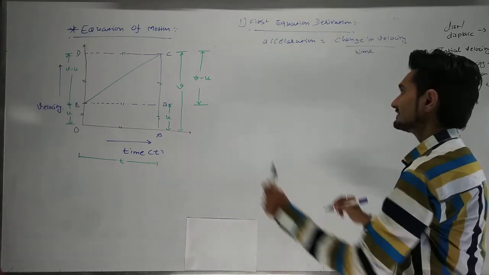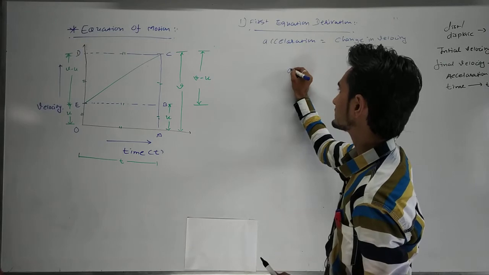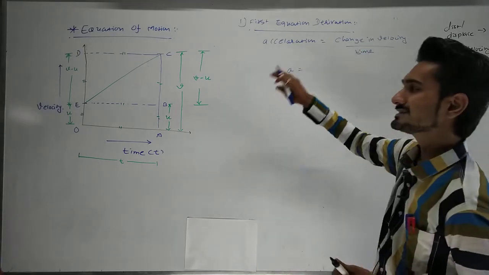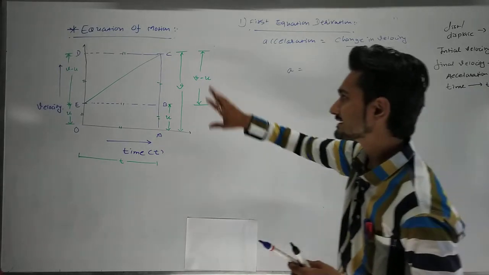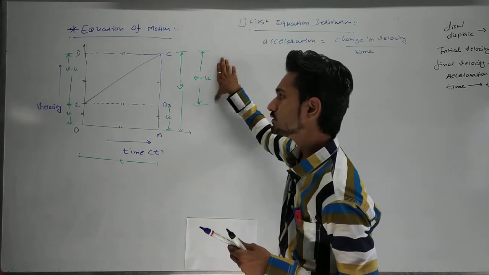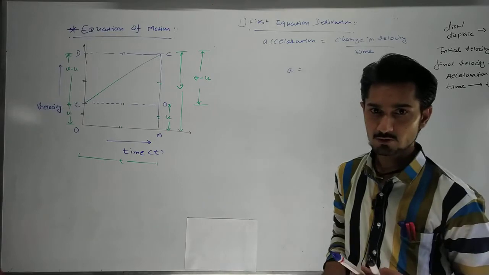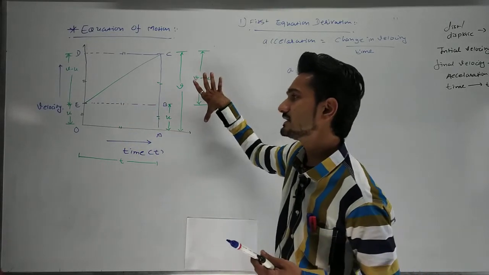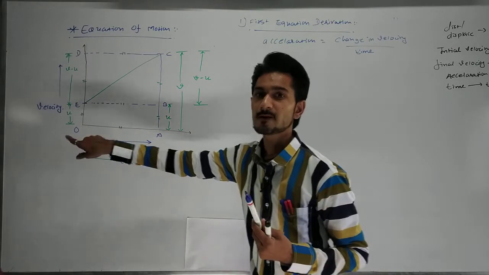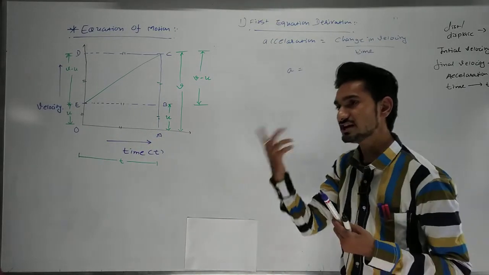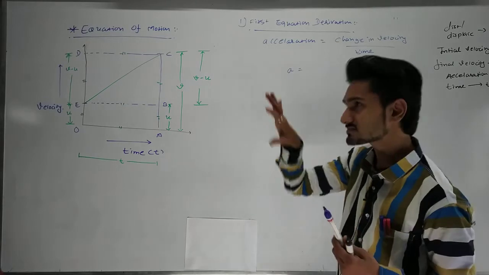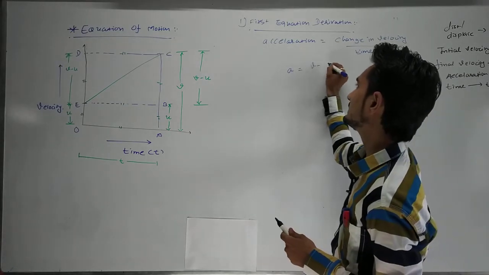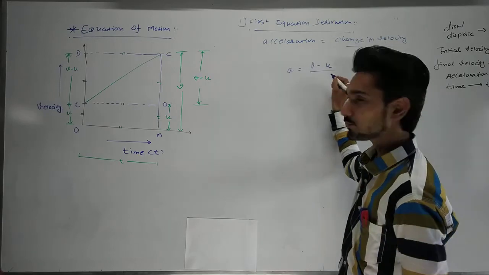Okay, so for that we are going to consider acceleration to be represented by A. Now what amount of change happened in the velocity? You can see it here, it is V minus U, the change that has happened, because you reached the final velocity from the initial velocity. Whatever amount you have changed in the velocity, that is what we have to measure. So we can write that A is equal to V minus U and upon time, time is